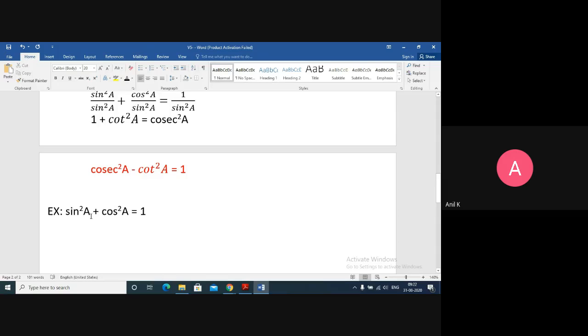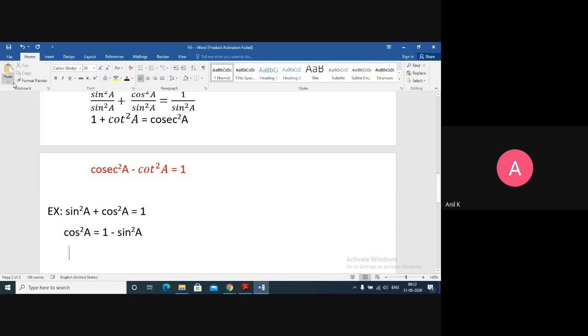After taking the first identity, we want everything in terms of sin only. So what we do is, first I will try to find cos in terms of sin. Cos square A equals 1 minus sin square A. Can I do that? I just moved the left hand side sin square A to the right hand side, so it becomes minus sin square A.